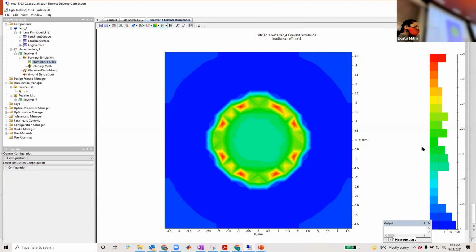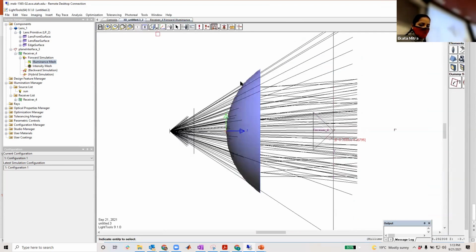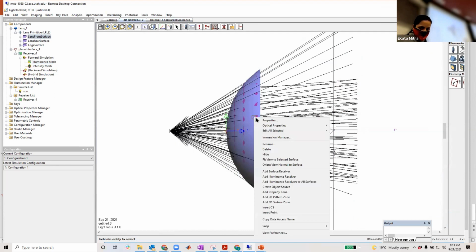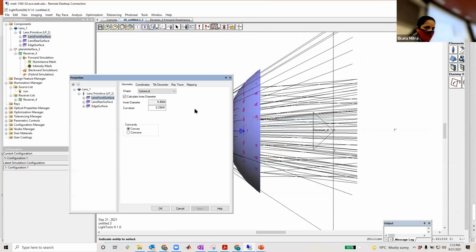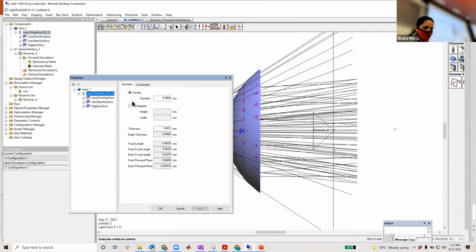When you are optimizing your system, doing the right U and right V for this lens, you can go and check. This reminds me, I have to show something of the lens, the geometry I am talking about. The focal length is there, front focal length is there, back focal length is there. You know these three terms from your geometrical optics class.